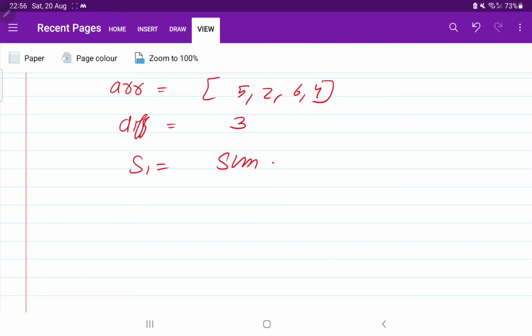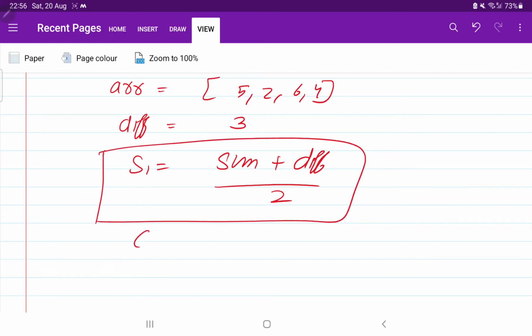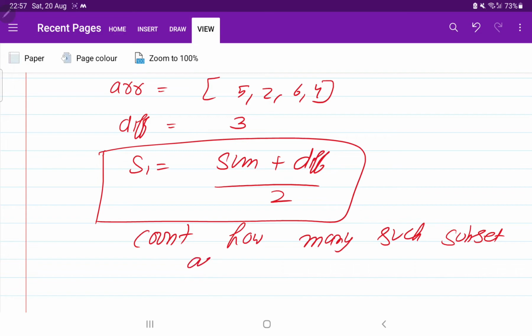Sum plus difference by 2. This is the first step that we have to do. Next step, what we have to do? We have to count how many such subsets are possible